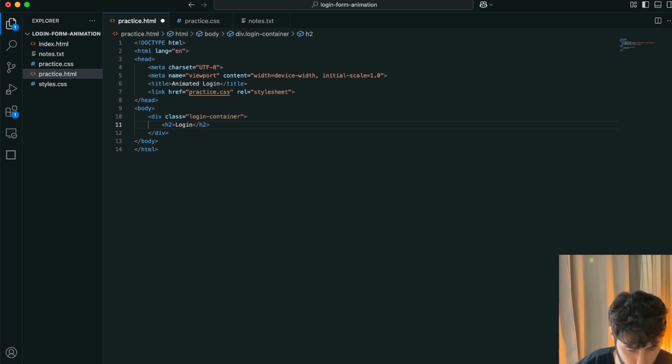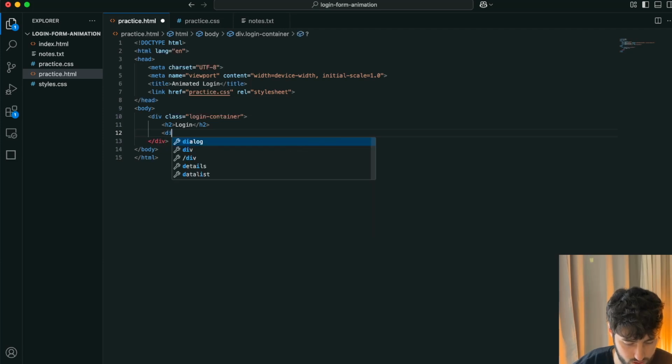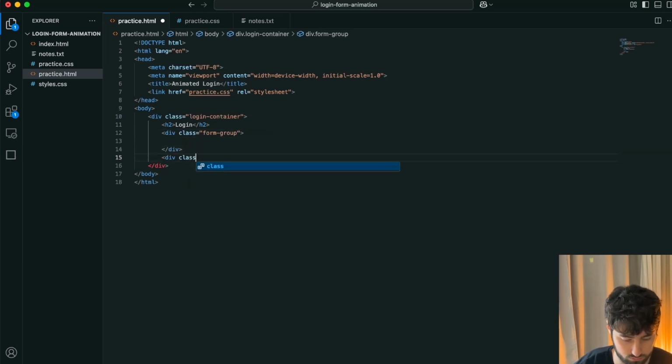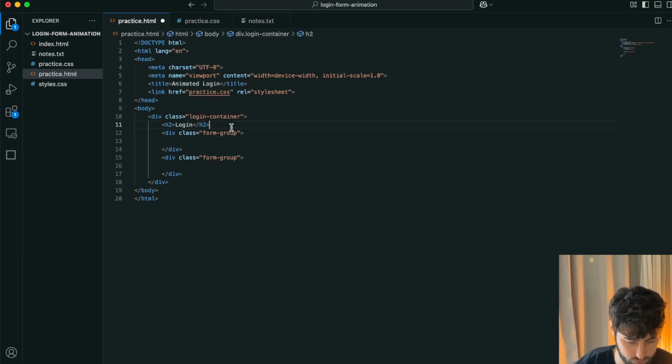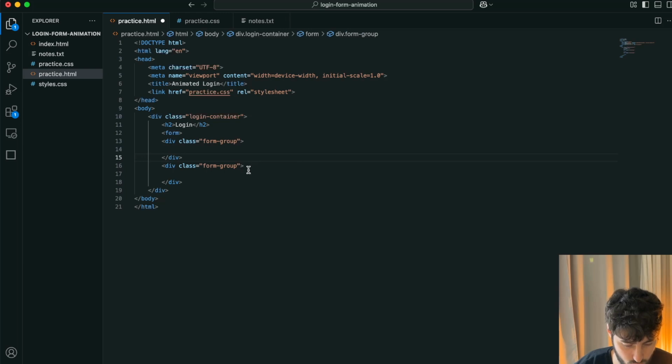And then we're going to add another div with a class of form group. These form groups are going to be the individual form fields. So we're going to have two of those. And then we'll add the fields within the form group. Actually, let's first wrap this in a form before we dive right in. So we're going to have the container, and then we're going to have the form wrapper,